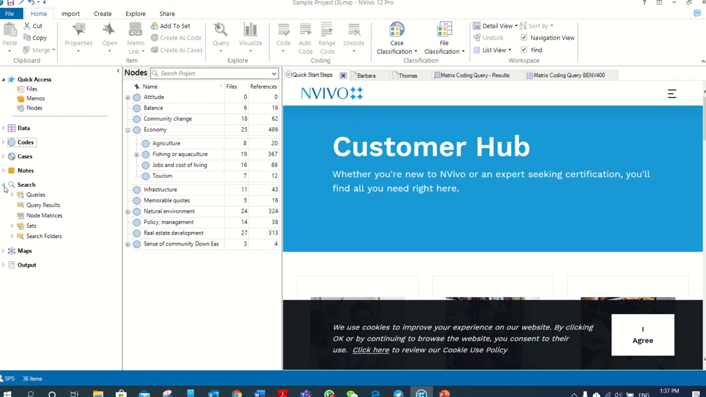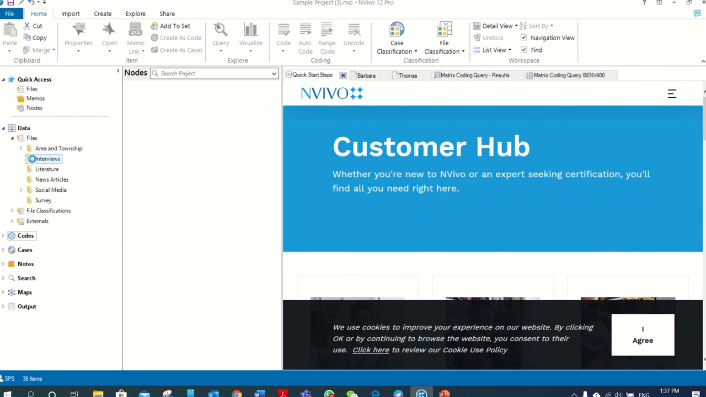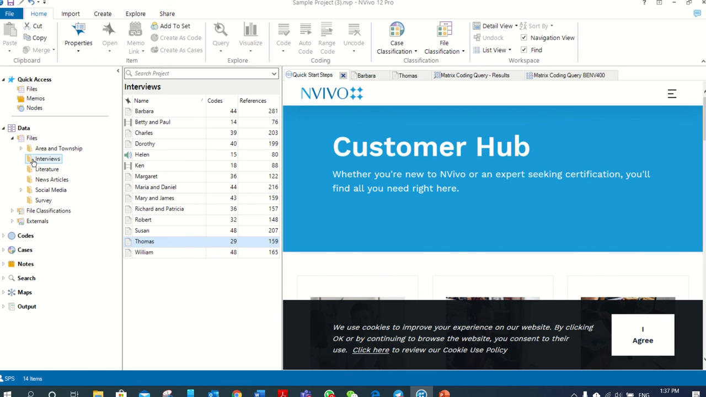We have different sections. The first one is data, so you just click on the data. The first one is about files, so you can see different files stored here. One of the folders is about interviews, so just click on interviews, and you can see there are a few files or interview transcriptions stored here. First one, for example,